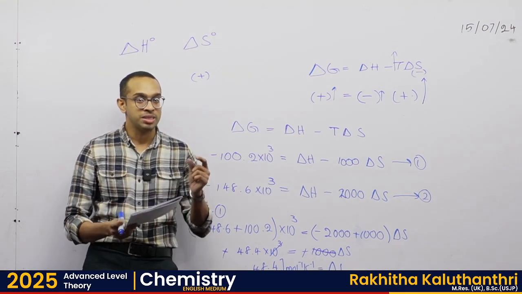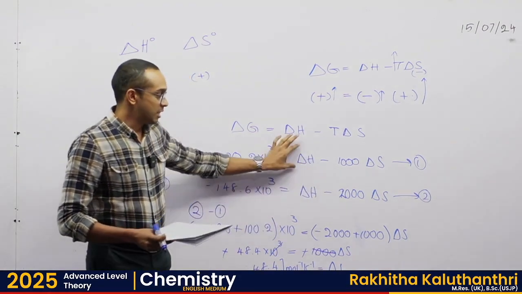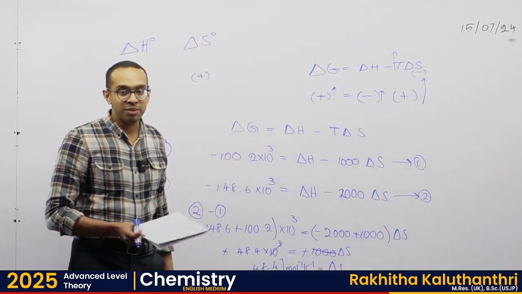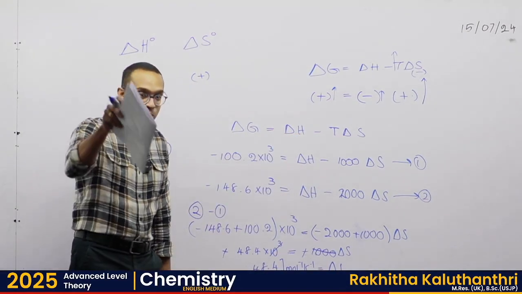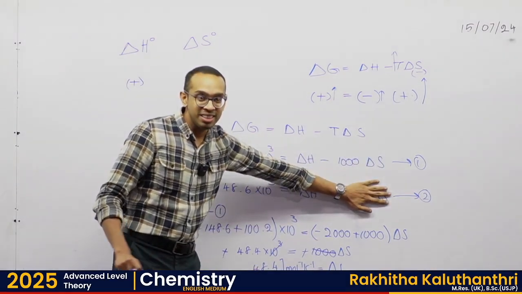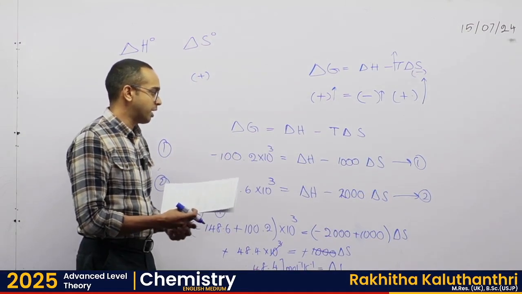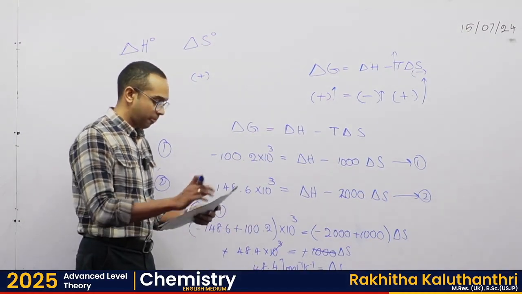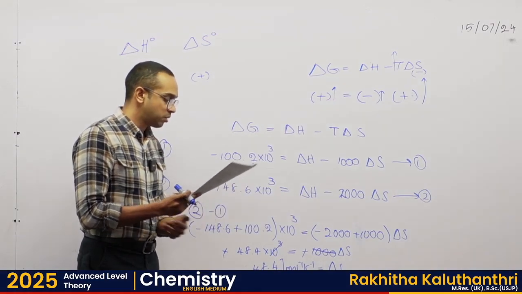But then again, do you understand, it's a bit lengthy. So since they are not asking for this, we can get away with not finding delta H. Clear? Because when you do it that way, you are cancelling S's off, right? So you can actually do it this way, right? So now last one,